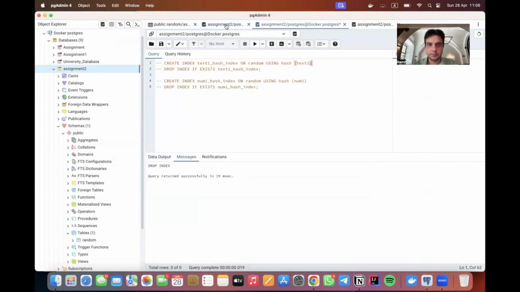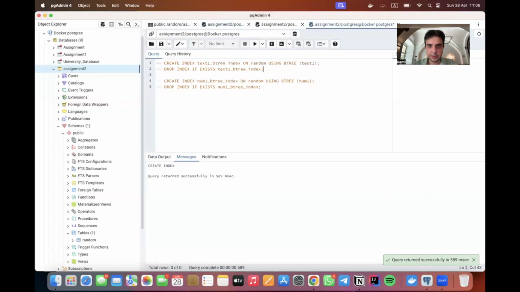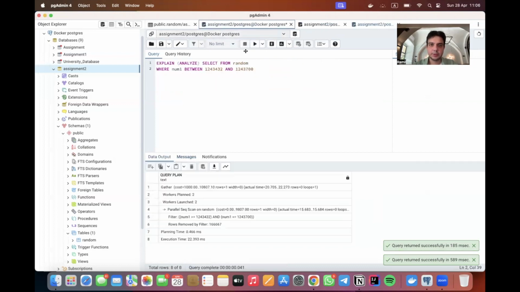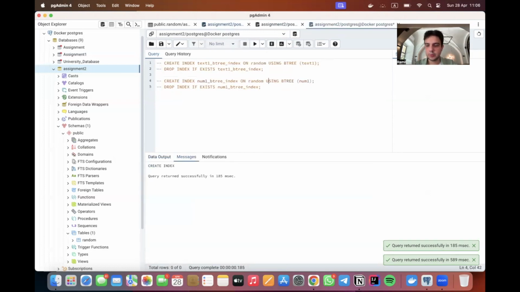First, I will create B-tree indexing. Sorry, I created the wrong B-tree indexing. Yes. The execution time is 0.041 milliseconds. If we drop our B-tree indexing